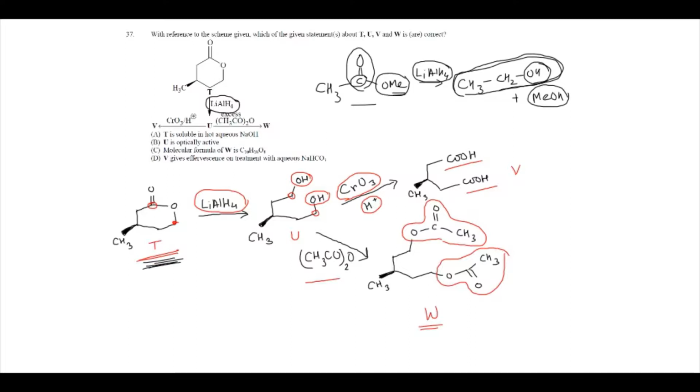Okay, so now we have U, V, W. We have the structure of U, V, W, and now we will check the options. So option A is saying that T is soluble in hot aqueous sodium hydroxide. If we use hot aqueous sodium hydroxide, because this is the ester, there will be a hydrolysis of this ester linkage. So a compound like this will form, where this will be the CH3. So this will be C double bond O,